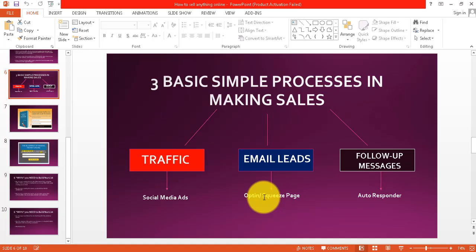One of the best paid traffic methods is solo ads and social media ads, precisely Facebook ads. These are relatively cheap paid traffic methods. Now, the next point here is your email marketing. That is your autoresponder, where you have to follow up